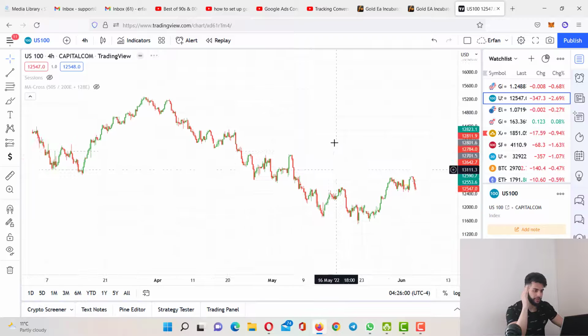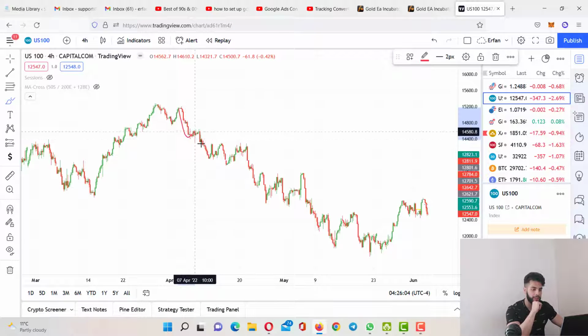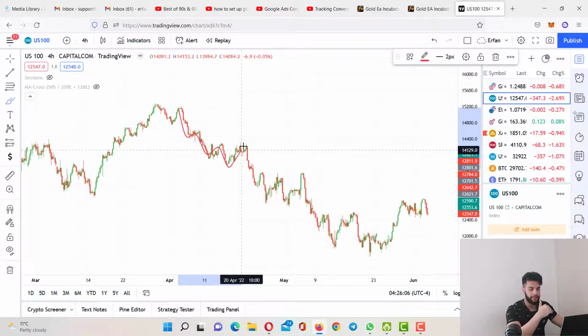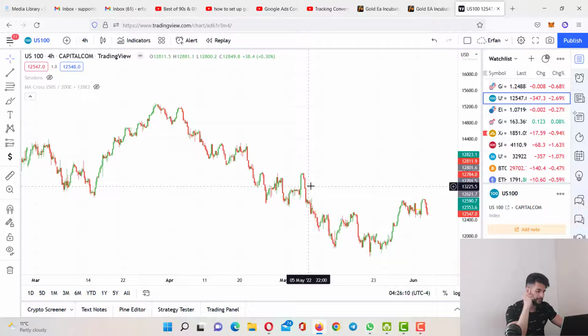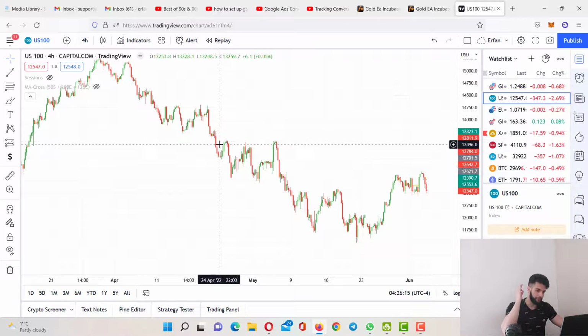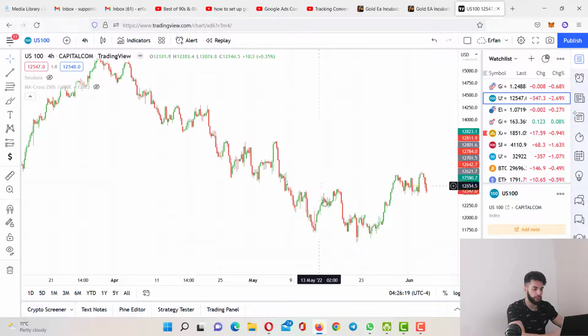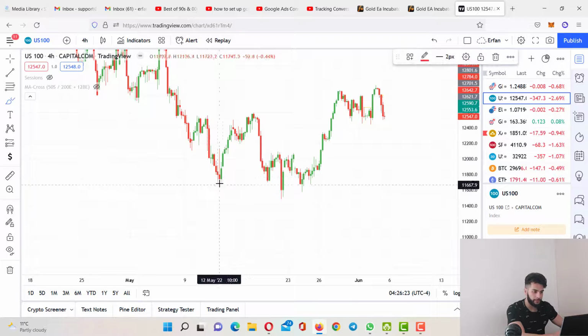So NAS100 is obviously bearish, guys, because as you can see, it's a clear pattern: we are experiencing lower lows and lower highs on the 4-hour time frame. Look at this, it's just constantly coming down and clean. It's a clean trend towards the downside, with lower lows and lower highs. And then it came down here, tried to go up, came down again, tried to go up,